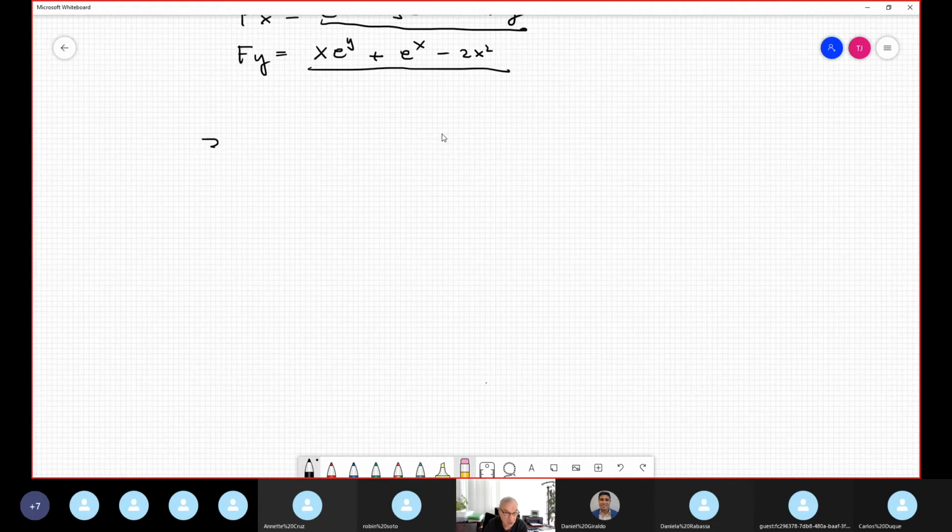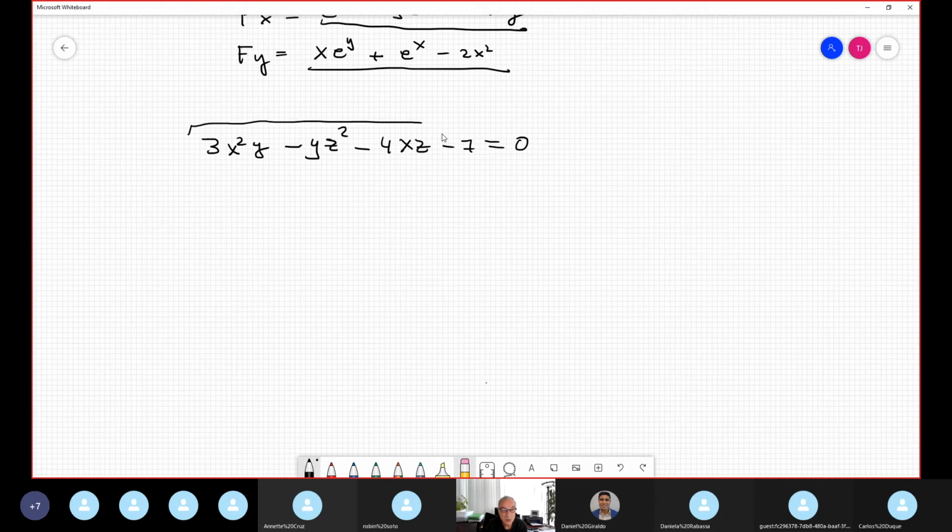Suppose this example is 3x squared y minus y c squared minus 4xc minus 7 equal to 0. Okay, nice. Suppose that function is capital F, implicit. Dependent x, dependent y, dependent z. They need to find the partial derivative with respect to x, partial derivative z with respect to y,